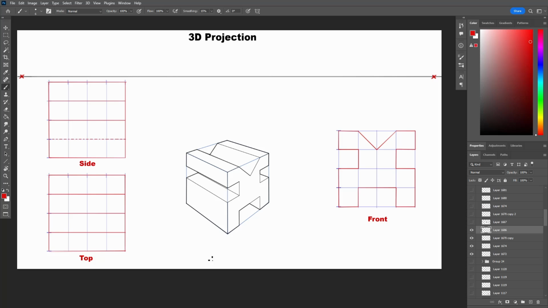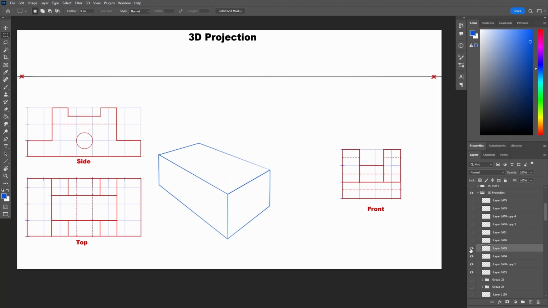And this is it. These are the 3 projections for this object. You can recreate this object using these projections and get the exact same result, the object right here. You can actually try it if you want. Delete the shape and do it from the projections plan you just did and see what you get. But for now, let's move on to another example where we draw the 3D object from the projections plane.